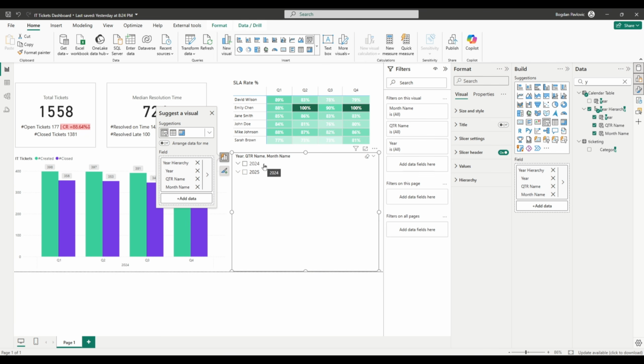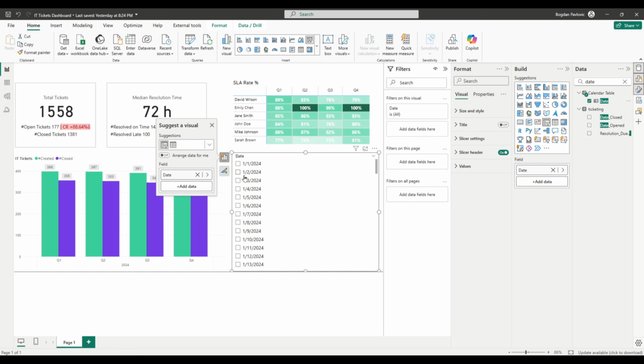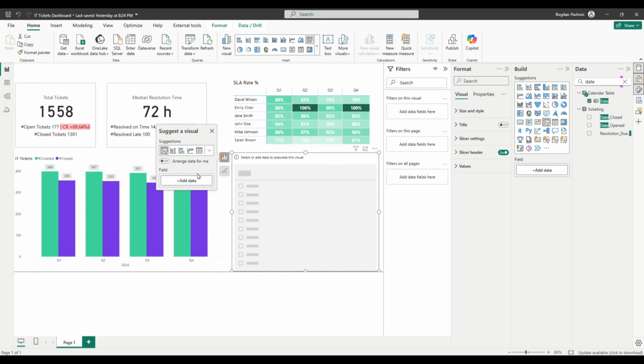So now when we add it as a date hierarchy, we can drill down. So here we have all results for 2024. If we drill down, we have ordered by quarters, then we can drill down per each month within quarter, and that's it. But if you add only date, let me show you how it works with standard date. You will have check boxes for each date, and this is not something that you want to have in your report. So let's continue with year hierarchy